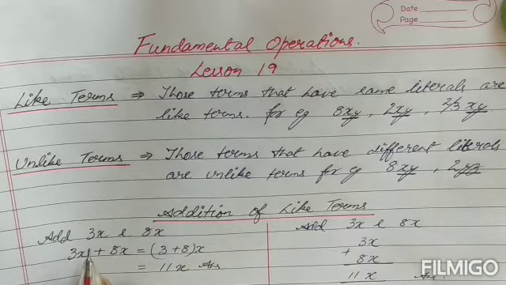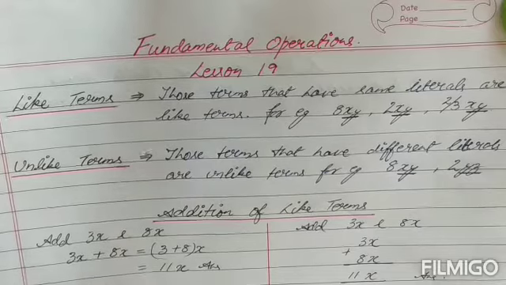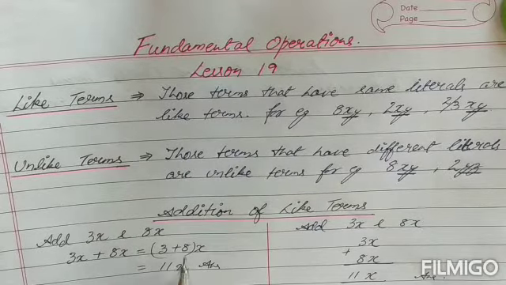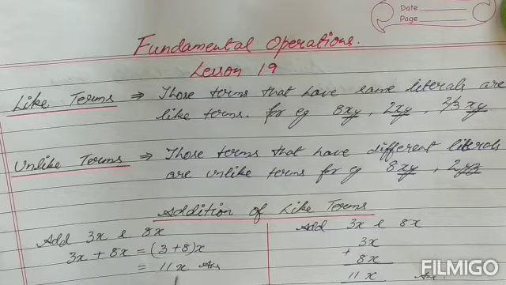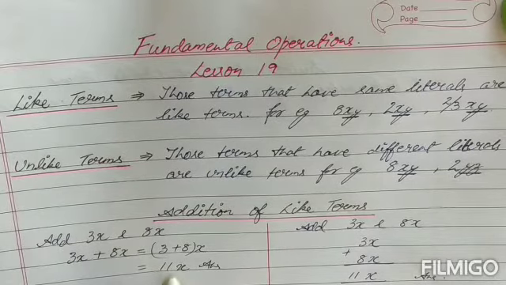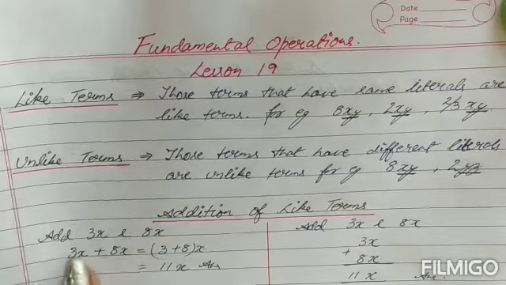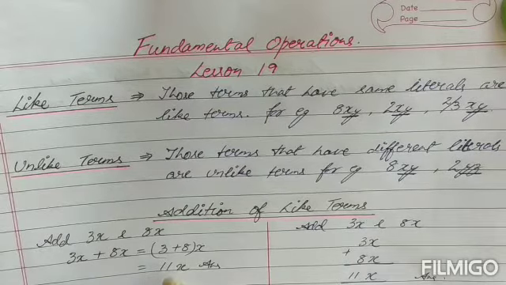Now see, if I have to add 3x and 8x together, children, what will we do? I can take 3 and 8 together inside a bracket, and because x is common, so I have just written it once. And then add the numbers together and put the variable that is there, so your answer becomes 11x. See, I've added 3 and 8, number with number you add, so it becomes 11. And because both the terms have x, so we are going to write it only once. So the answer becomes 11x.